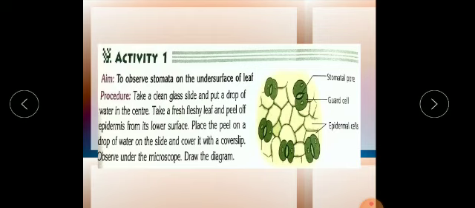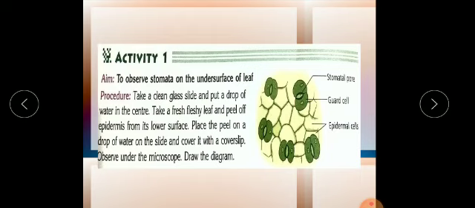So when we see it under the compound microscope, we will see this kind of kidney bean shaped structure, the guard cells. We will also be able to see the pore opening, whether it is closed or open. So with the help of the microscope we can see the stomata, and we will see whether a large number of stomata are present in the lower part or upper part. You can peel both sides and check both sides.